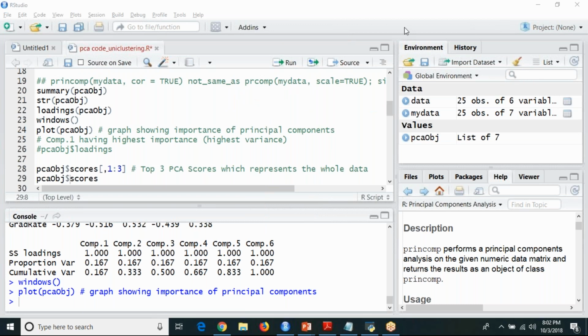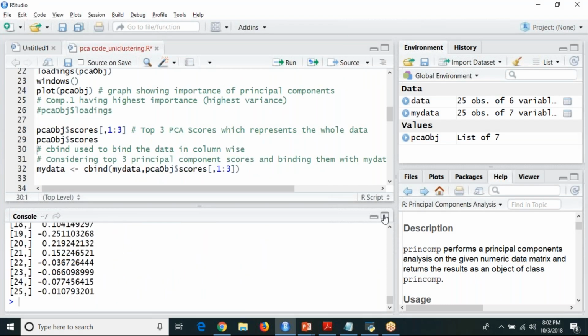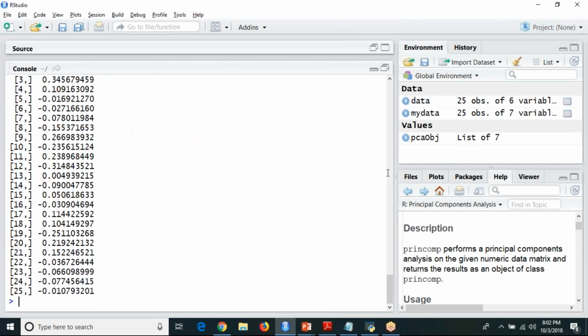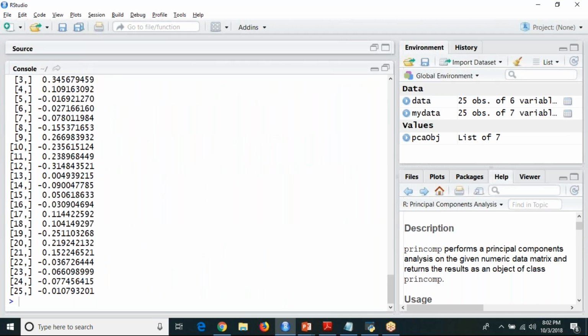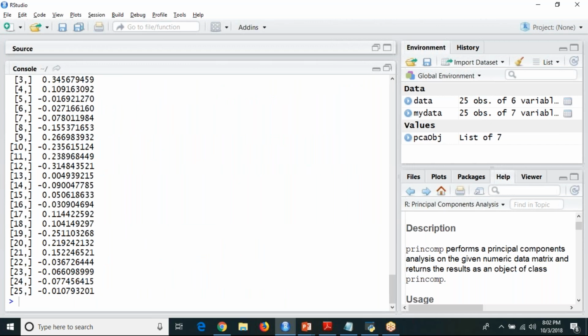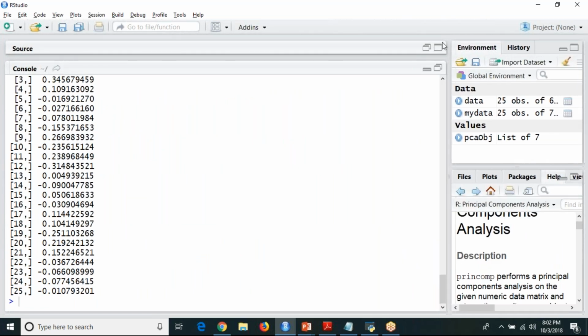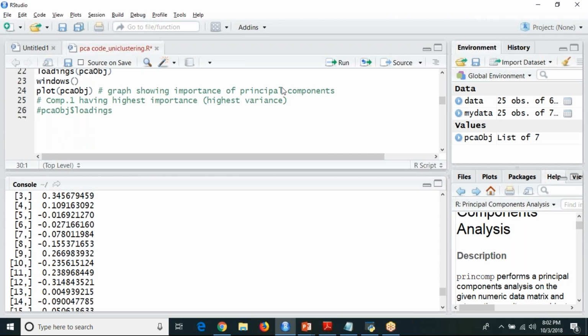See, I'm going to run this line number 29 first. Because of space constraint, it is displaying here. Let me pull this in. Once again, let me run this.